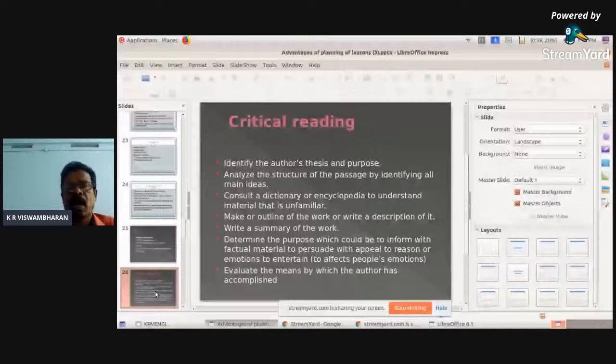Then, of course, there will be some unfamiliar words, quite natural. You consult a dictionary or encyclopedia to understand. And now, with Google dictionary, everything is at your fingertip. You can make an outline of the text, the total outline of the work. You can write a description of the ideas that you got reading it, and write a summary of the book. The purpose is to be informed with the academic perspective